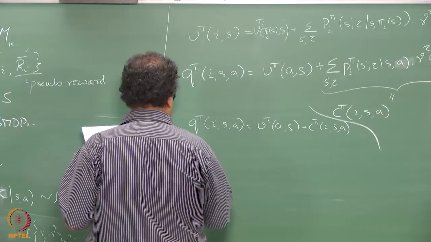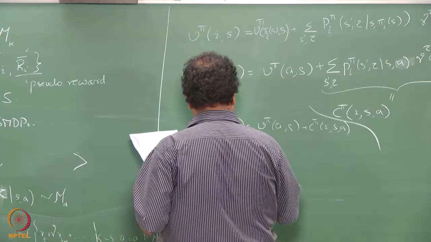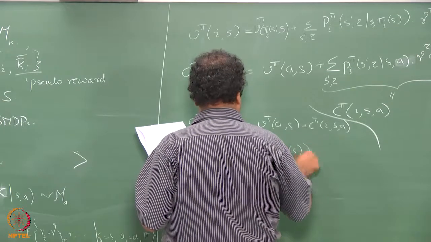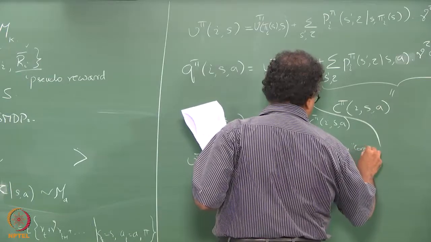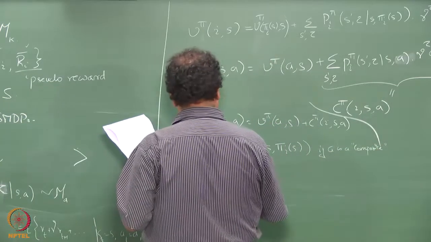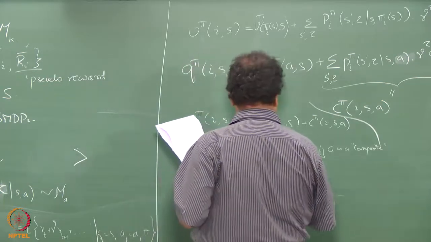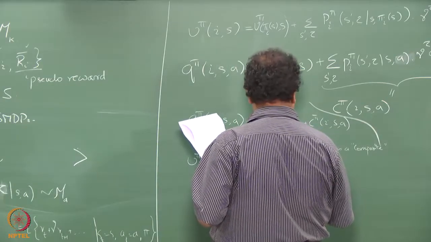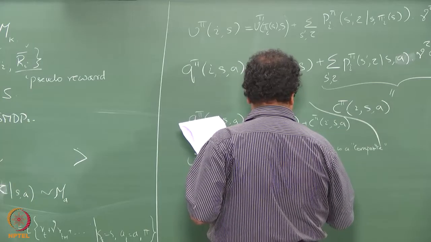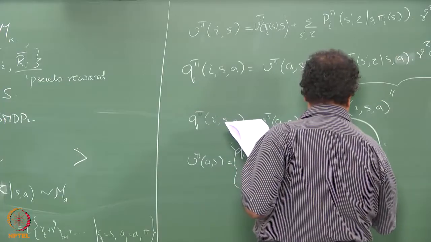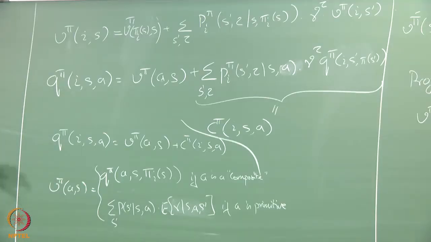So, V pi of A comma S equal to. Right. So Q pi is this, V pi is